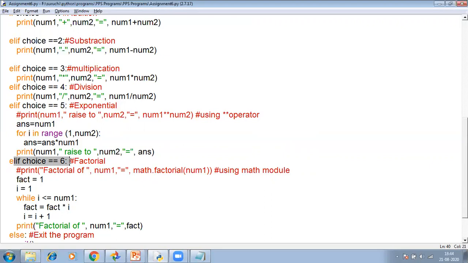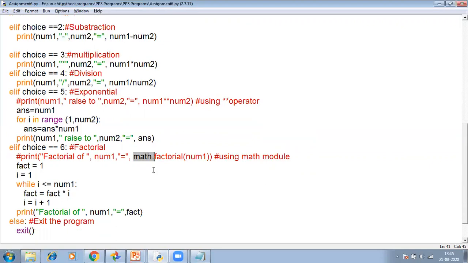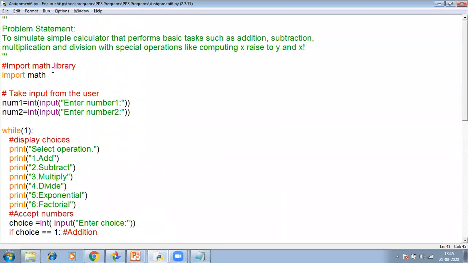First way, you can use an inbuilt module available with Python and it has a function for factorial. So there is a math module available in Python. You can imagine a module as a library. So to use that module, the first statement of your program must be import math.